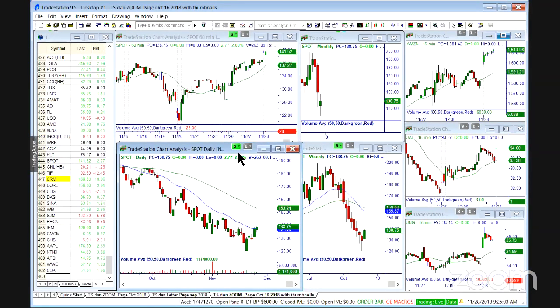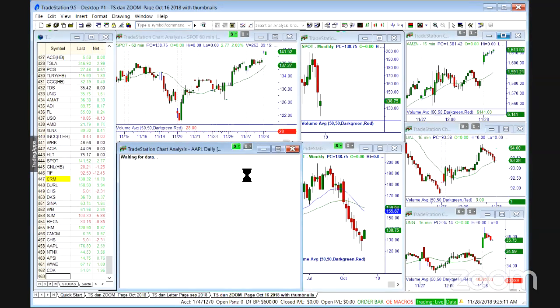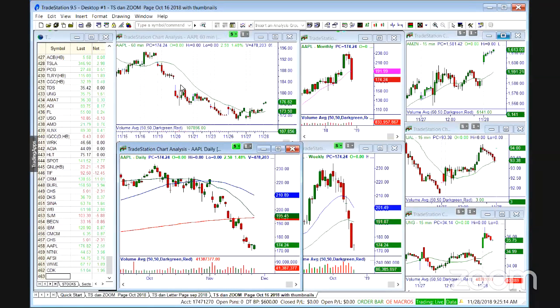I think we're going to have a lot of bull put credit spread candidates today for this Friday. Spot is one, Apple now is one. Look, it's gapping out of this base, and I like